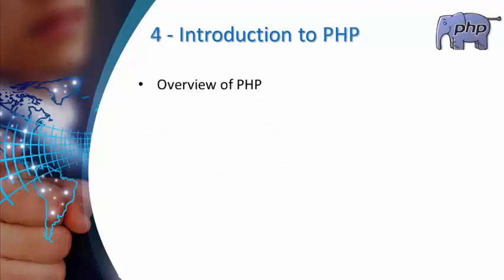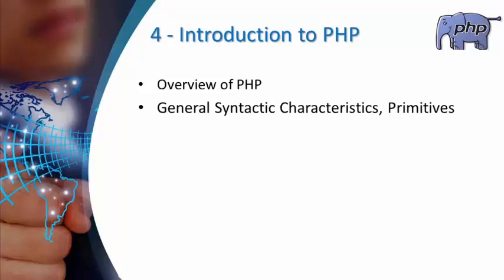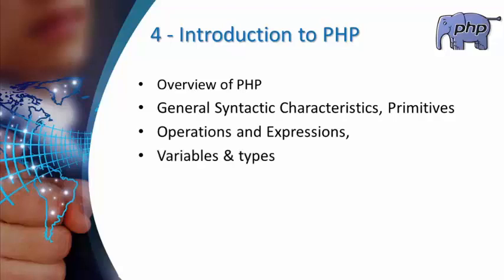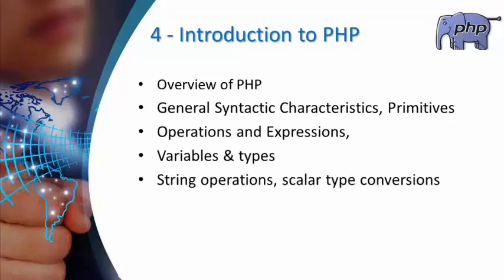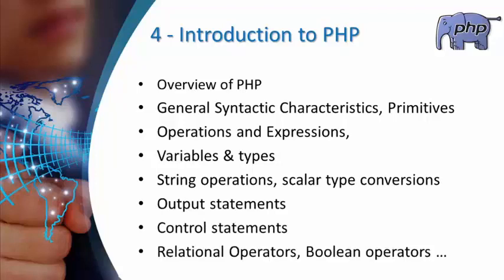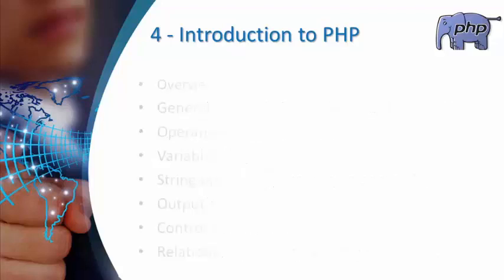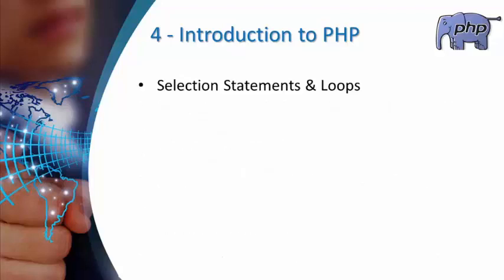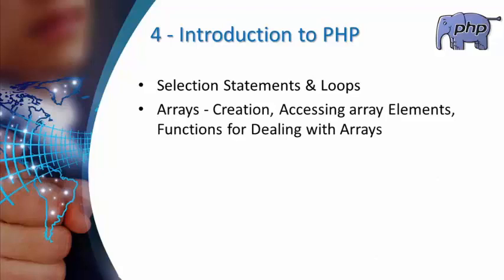In the fourth chapter, we are going to learn about PHP. Initially, we are going to learn an overview of PHP, general syntactic characteristics, primitives, operations and expressions, variables, its types, string operations, scalar type conversions, output statements, control statements, relational operators, Boolean operators, and selection statements and loops, arrays, creation of arrays,